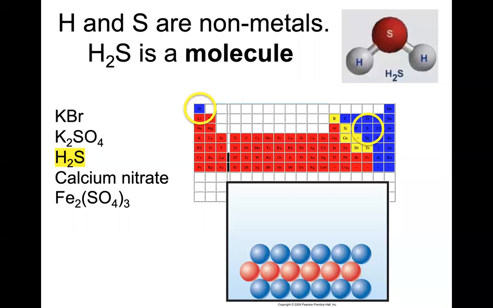In this class, I think hydrogen is only going to be found in molecules for us. When we have examples of ionic compounds, we really want to be looking for different metal cations, or I guess another example would be our ammonium cation. That would be an example, NH4 plus, of a molecule that's also a cation.